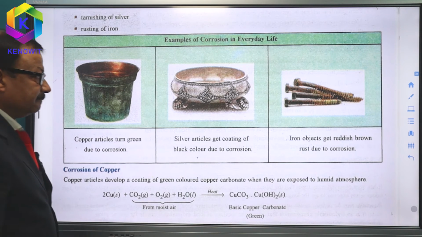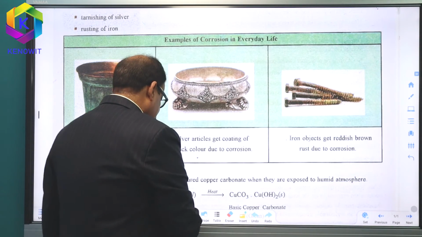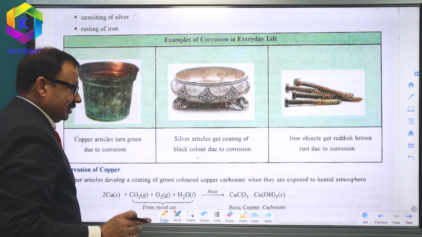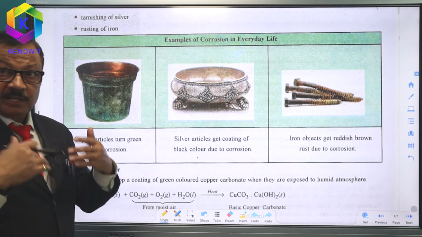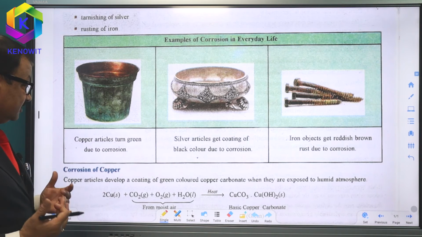So in the corrosion of copper, what reactions are involved? In chemistry, we know only the reaction. It is not history. The color is a historical question, but really in chemistry, what happens